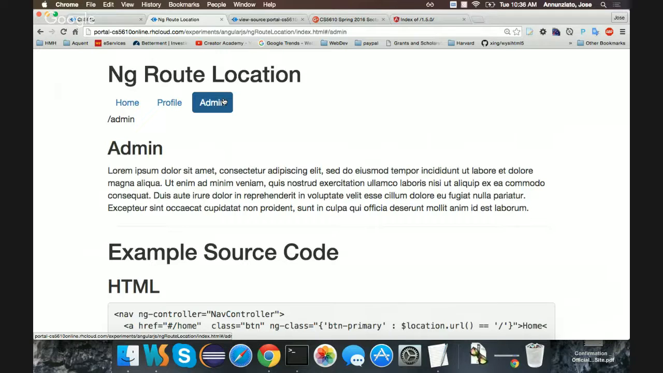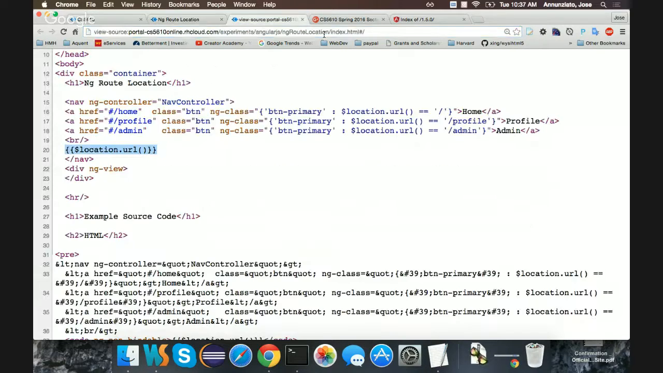I mean, the URL will be correct, but they have not actually clicked on the admin, so the admin button will not necessarily be highlighted. You see that? So right now, the highlighting is based on this URL. Instead of having this logic of basing it on the URL, I would have had here an ngClick,